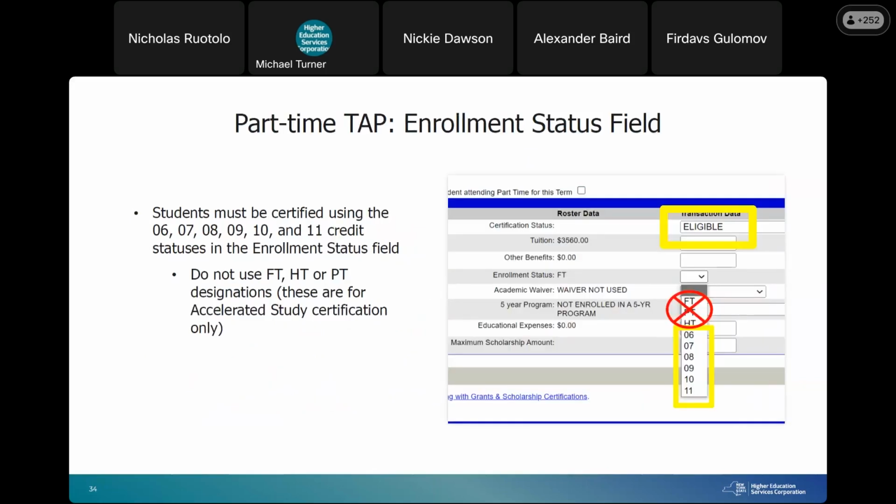So here's an example of part-time TAP certification where the certification status is listed as eligible, and the school is then going to use the credit options in the enrollment status dropdown to certify the student as eligible for part-time TAP based on number of part-time credits they're enrolled in. You would not use FT, PT, or HT. FT, PT, and HT is only used for obviously full-time students for FT, and PT, HT is only for accelerated